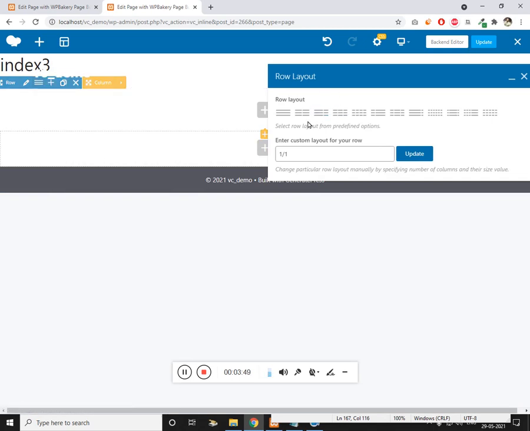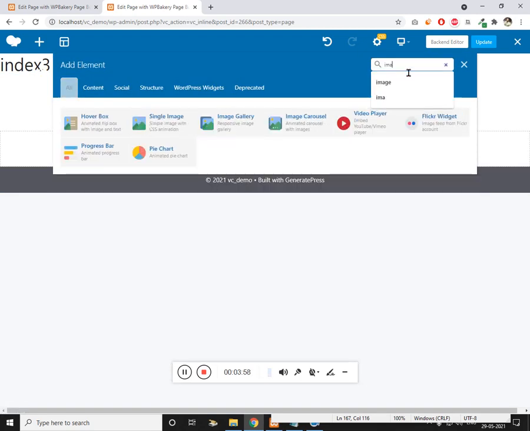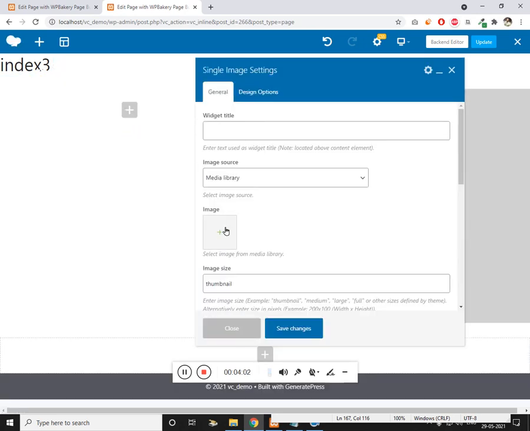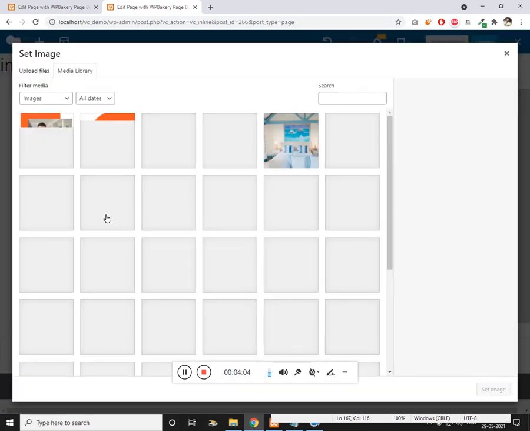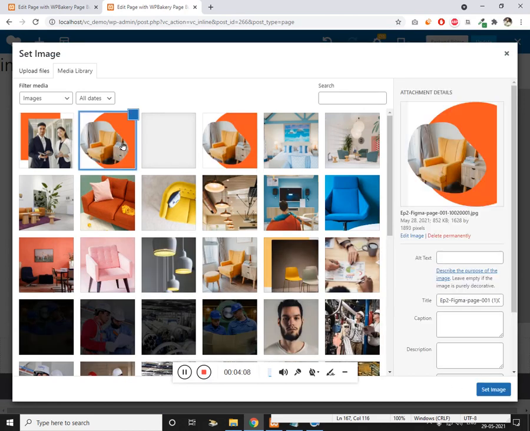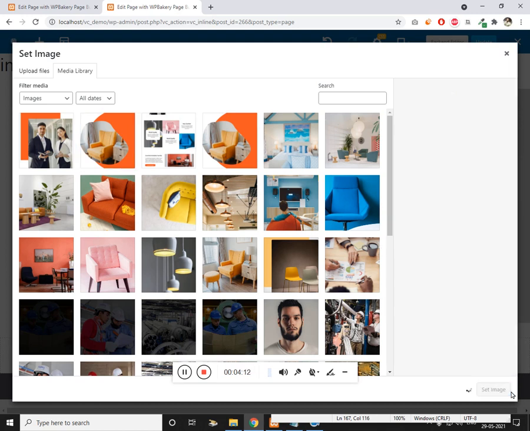We have column 50-50, and this is going to have an image, or you can say a simple image, and let's upload the image. So this is it. I'm going to set this image. I'm clicking on set image. It is getting loaded.